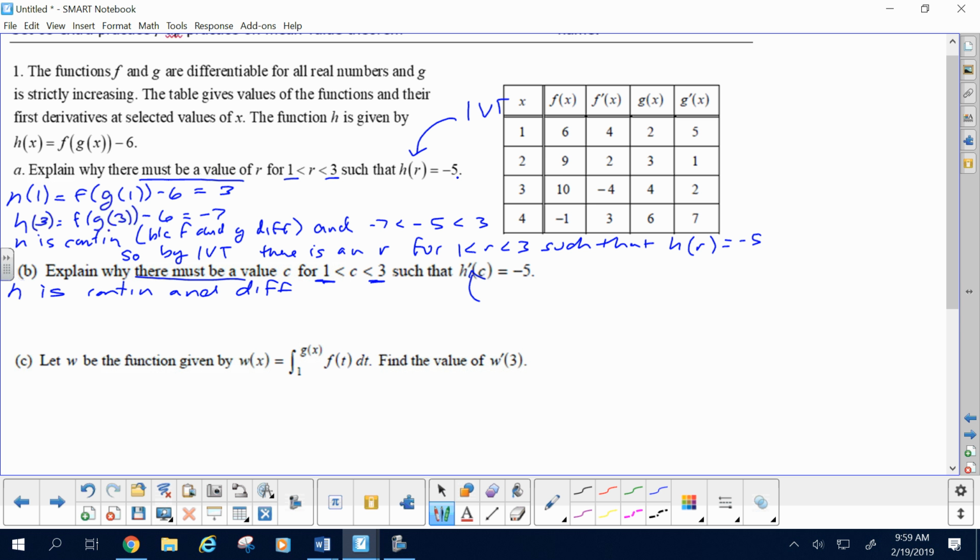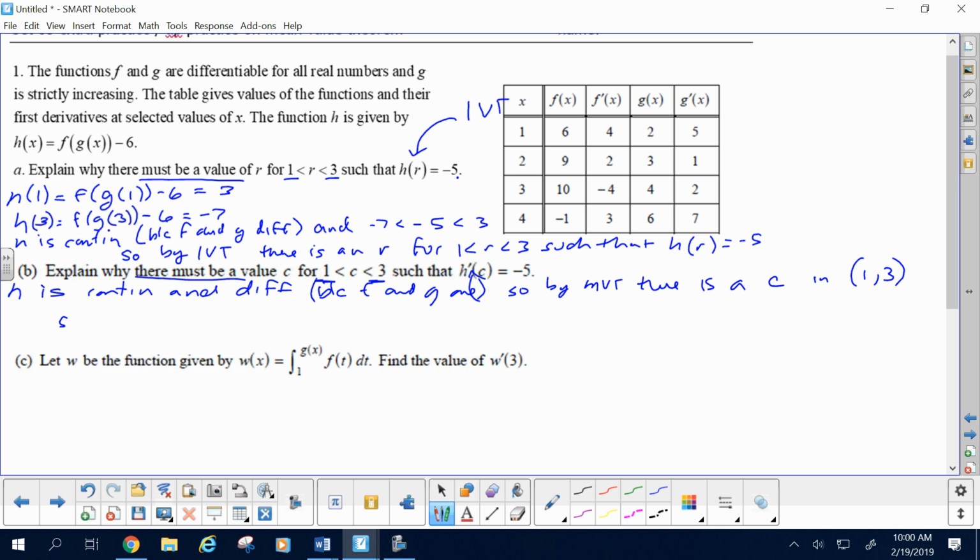And that's because it's built on f and g, which are continuous and differentiable. You don't have to say that, but if you wanted to, you could say because f and g are. So by MVT, there is a c in 1 to 3,